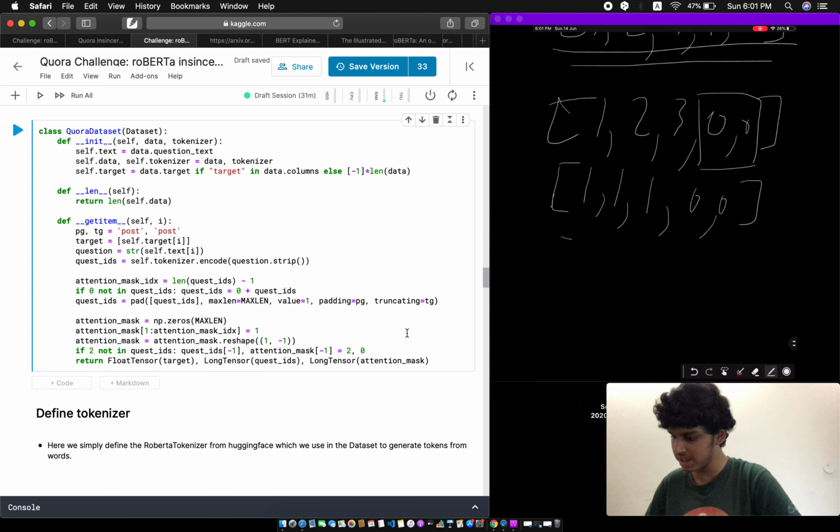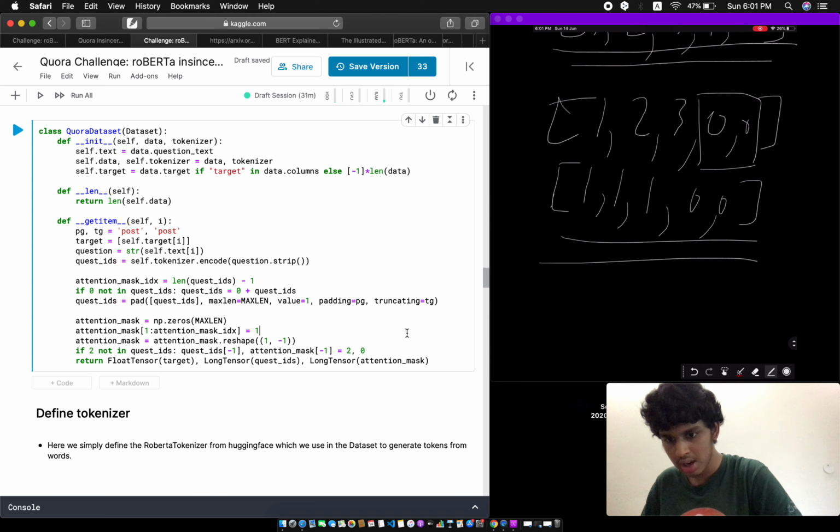Okay, this is an example of an attention mask. So we put ones at the positions where we want Roberta to focus, and we put zeros where we want it to ignore. It does not look at these two last tokens here, which are basically padding tokens to fill up the space. Since max length is 5 here, we have these two last tokens to fill up the space and make it equal to 5 tokens. Since we have two zeros here at the end, Roberta will just ignore these